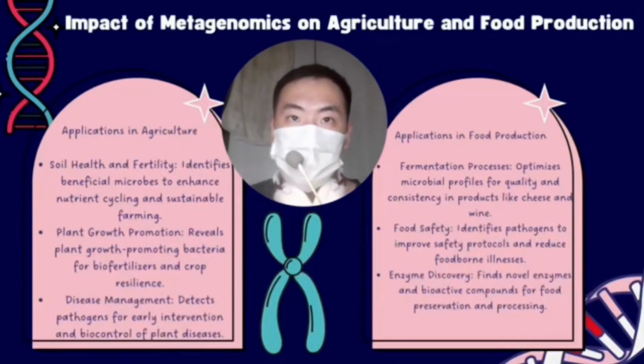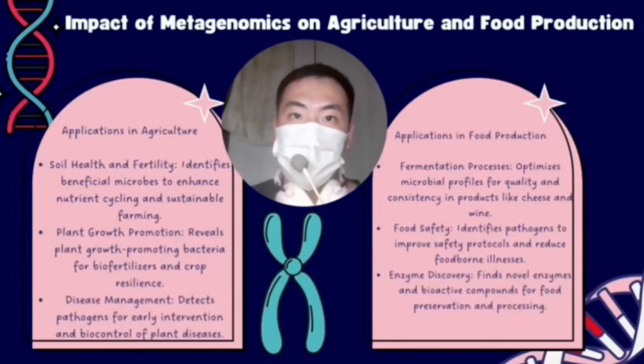It also promotes plant growth by discovering plant-growth-promoting bacteria that can be used as biofertilizers to increase crop yields and stress resistance. In addition, metagenomics supports disease management through early detection of soil-borne pathogens and